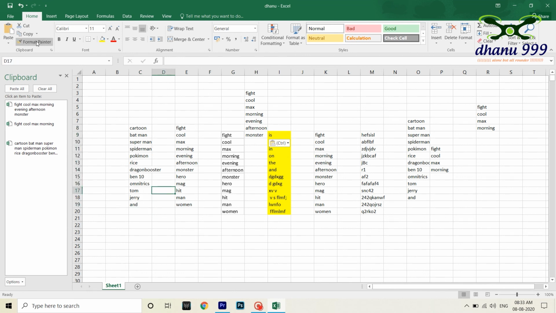Now we will discuss format painter. I will select this format painter, and for example I will select all these things with the bold, italic and underline and also painted. Yes, this one I have selected, and I use the format painter option. If I drag this, the entire range is selected. If I select only this and press format painter, now I will select and drag. See here, we got it like this.